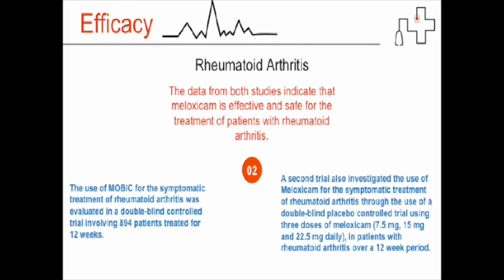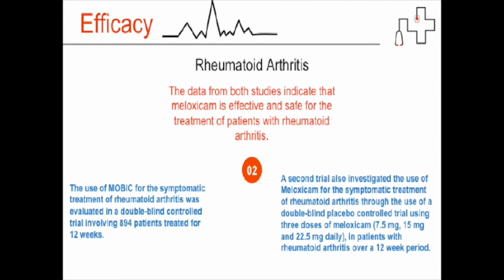The use of MOBIC for the symptomatic treatment of rheumatoid arthritis was evaluated in a double-blind controlled trial for 12 weeks. Meloxicam 7.5 mg, 15 mg, and 22.5 mg daily was compared to placebo, with diclofenac 75 mg twice daily compared to the placebo to establish trial sensitivity. For all primary endpoints, the meloxicam group was significantly better than the placebo for both mean on trial and last